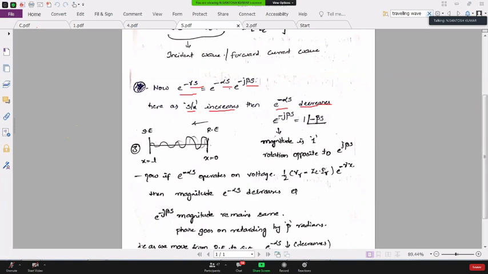In a similar way, for the imaginary term e power minus j beta x, the magnitude will be the same because cos squared beta x plus sin squared beta x is always 1. So the same conclusions we drew in the previous case will apply here. The main difference is that your real term will decrease as distance increases, and in the imaginary term the magnitude will be